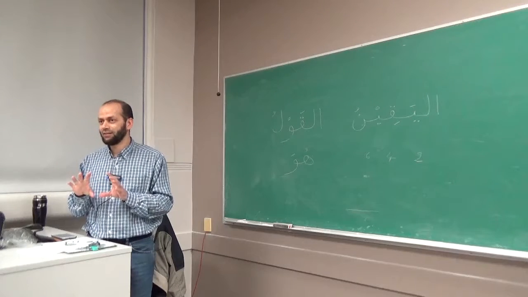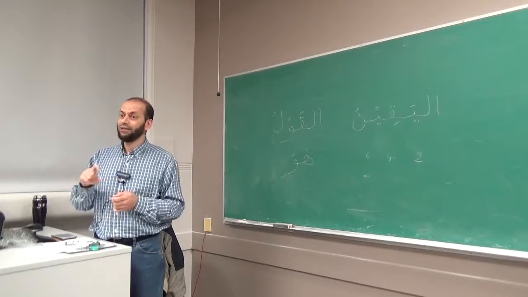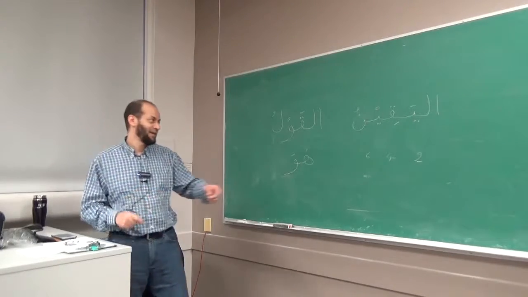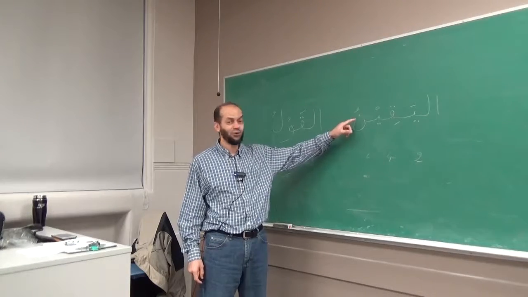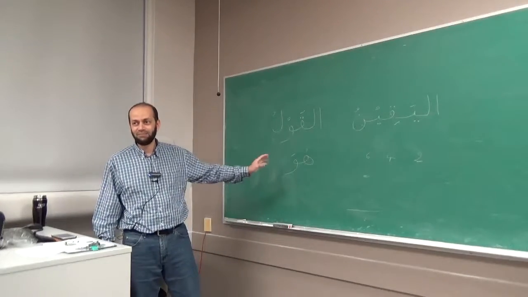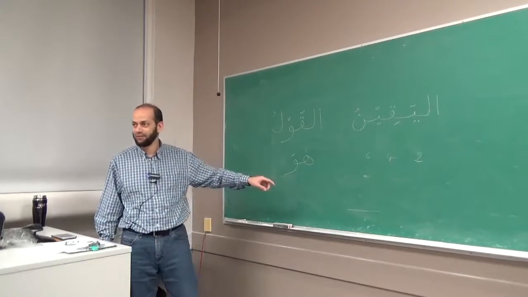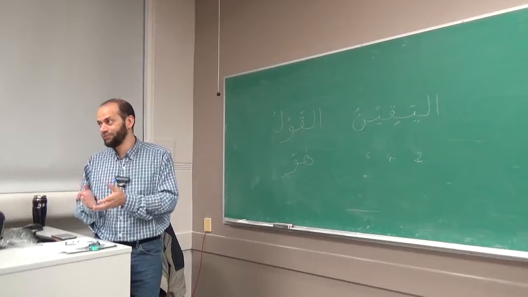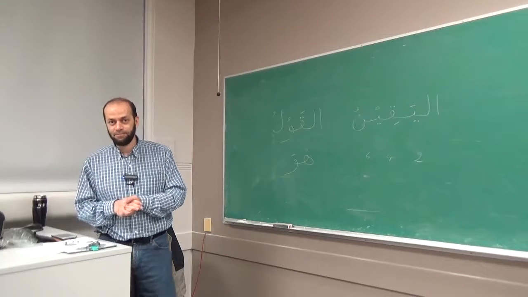And I think I mentioned this previously. I said whether the haraka is original or not, it may or may not affect the rule. So in some cases it affects the rule, like the case of the mad عارض للسكون. So whether it is original or not, it affects it. But here it doesn't affect it, meaning that even though we have a non-original sukun, we still have harf al-mad. So even though the waw had a non-original sukun, it was still considered harf al-mad. So it didn't affect it. Is it clear?